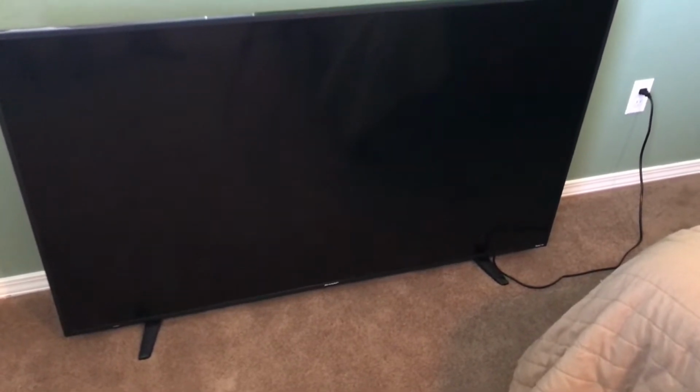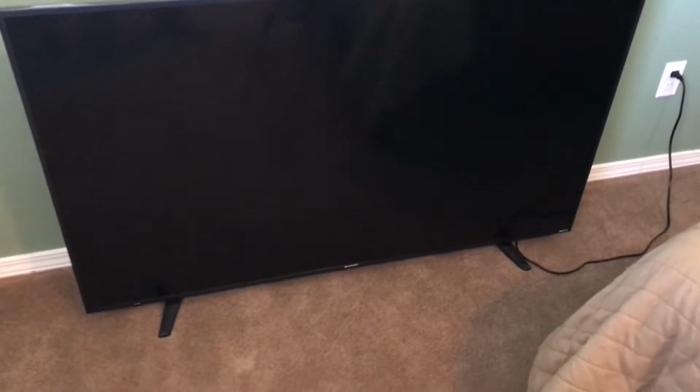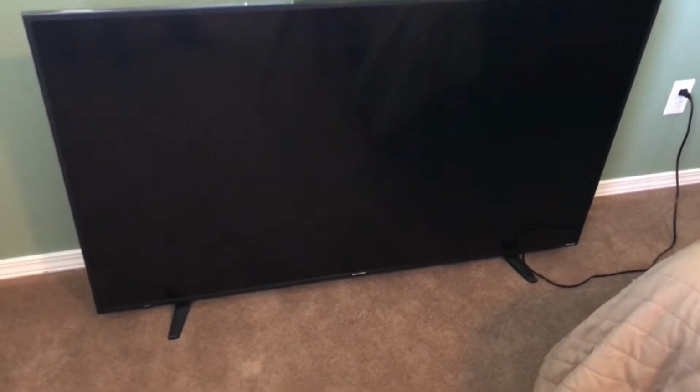So the first thing you can do is unplug it, let it sit for a bit, and then plug it back in and try it. Next thing you can do is hold the power button for about 30 seconds and then try it again. If that doesn't work, because that helps to reset the TV, the next thing you can do is turn on